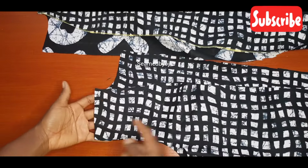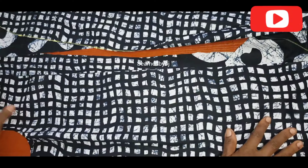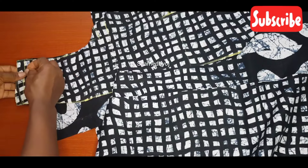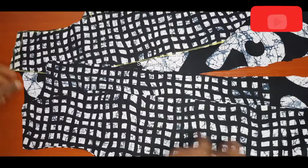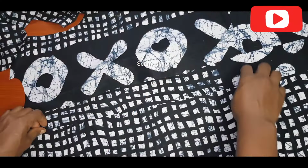So the shoulder too is sewn with half inch. So you have 2 this way and 2 this way, right? By the time you finish sewing it, I will just pin it this way, pin it this way. So now after finishing sewing the shoulders, the next thing you do is that you place this back, these